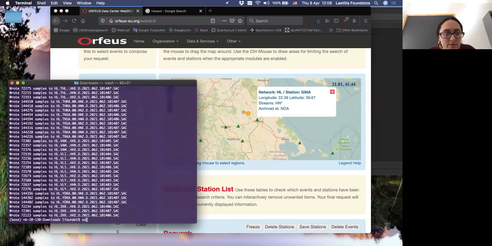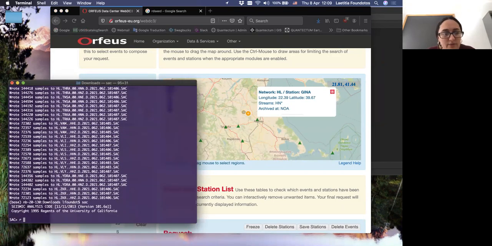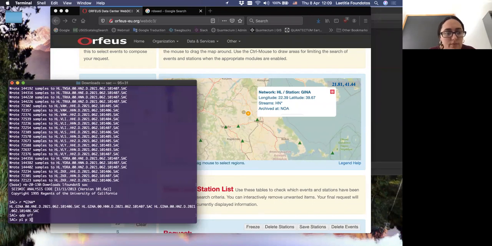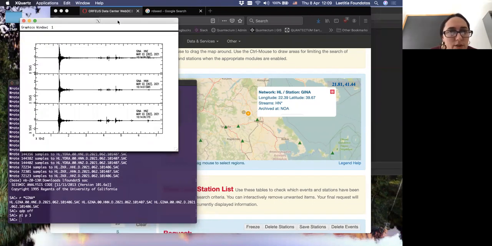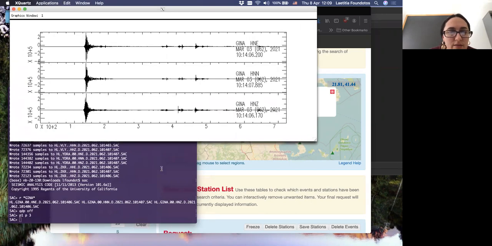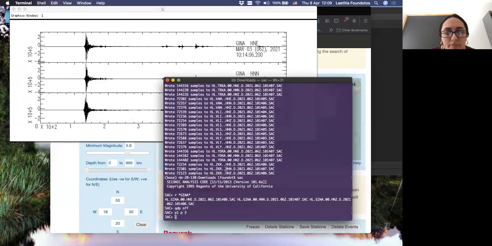So let's open SAC again and read the data for this station. Let's see. Okay, beautiful. So we have seismograms here. Okay, great. This is beautiful.